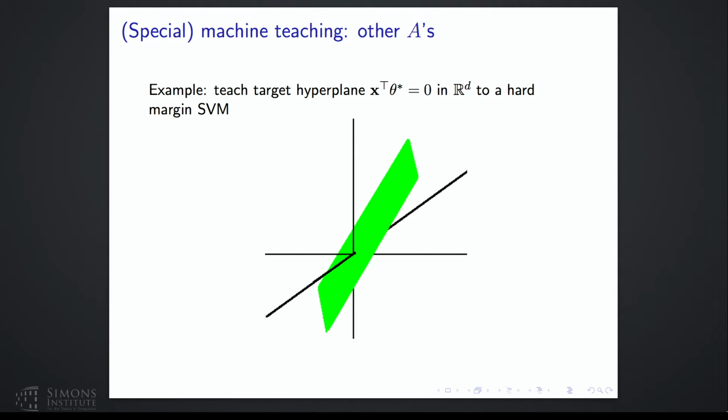In this case, a target model is really a hyperplane, say the green hyperplane in 3 dimensions. And let's further say that the teacher has the ability to do constructive teaching, meaning the teacher can pick arbitrary items in the feature space. Now the question is, what's the smallest training set and what do they look like that will result in this target hyperplane?